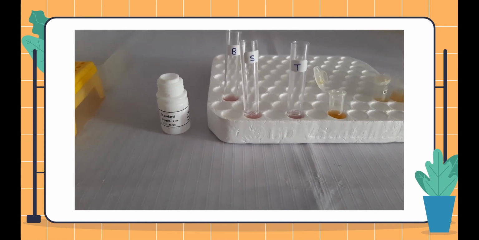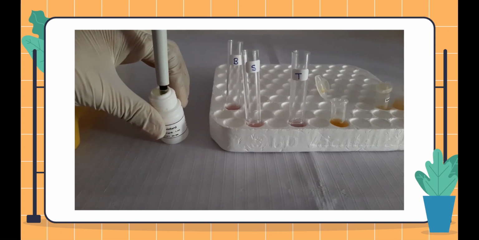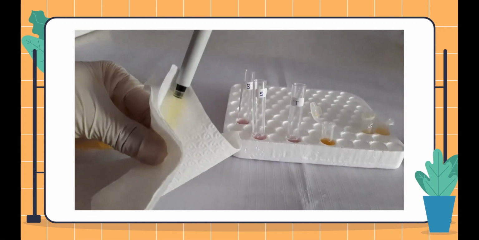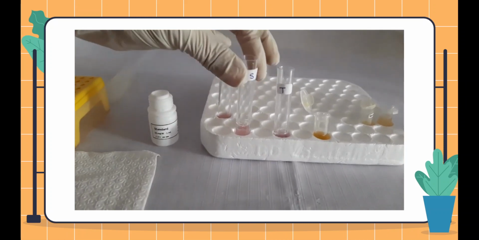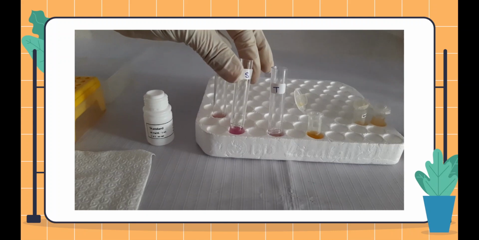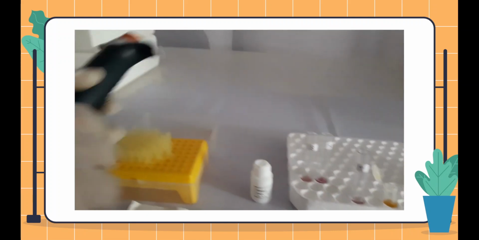So now we will add the standard as well as the patient sample into the working solution. To do this, we will take 20 microliters of standard and wipe the outside of the tip with a tissue paper, and then add the standard to the second tube which we have already labeled for the standard and mix it thoroughly. Then we will change the tip